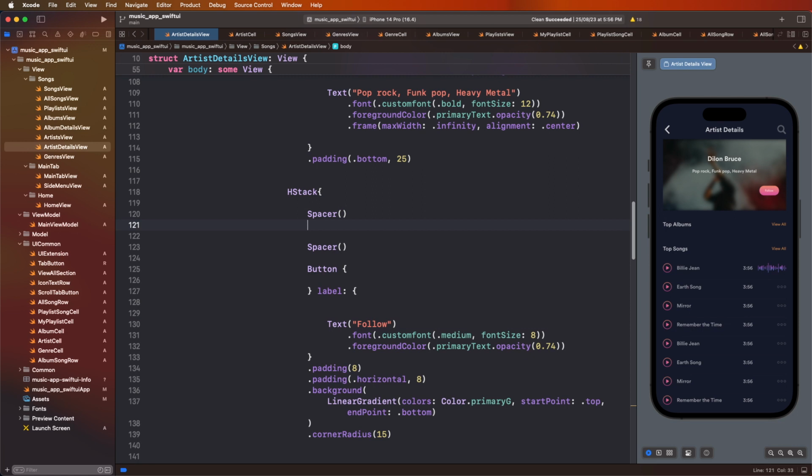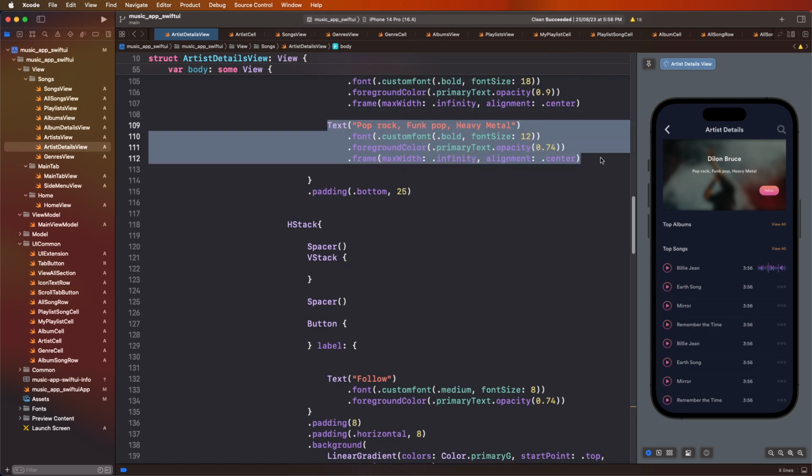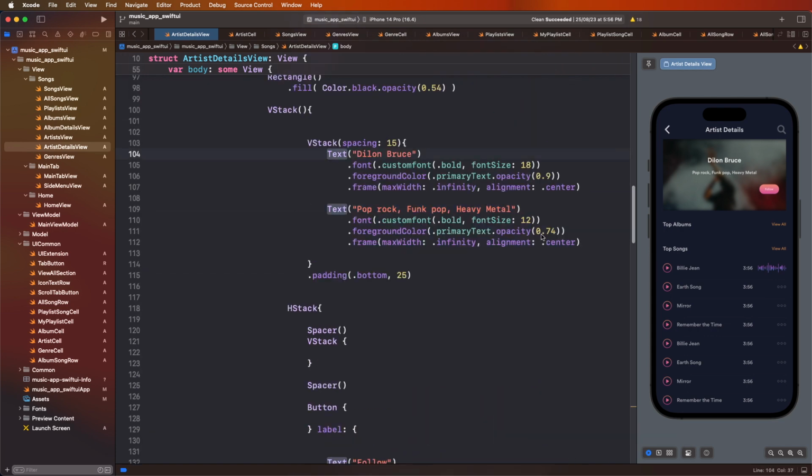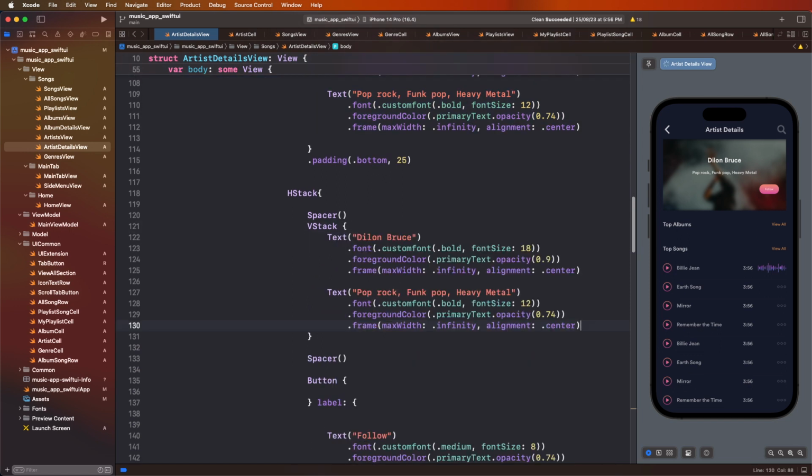Now need to create here a stack, and give this property, and now paste here this value, the followers value,